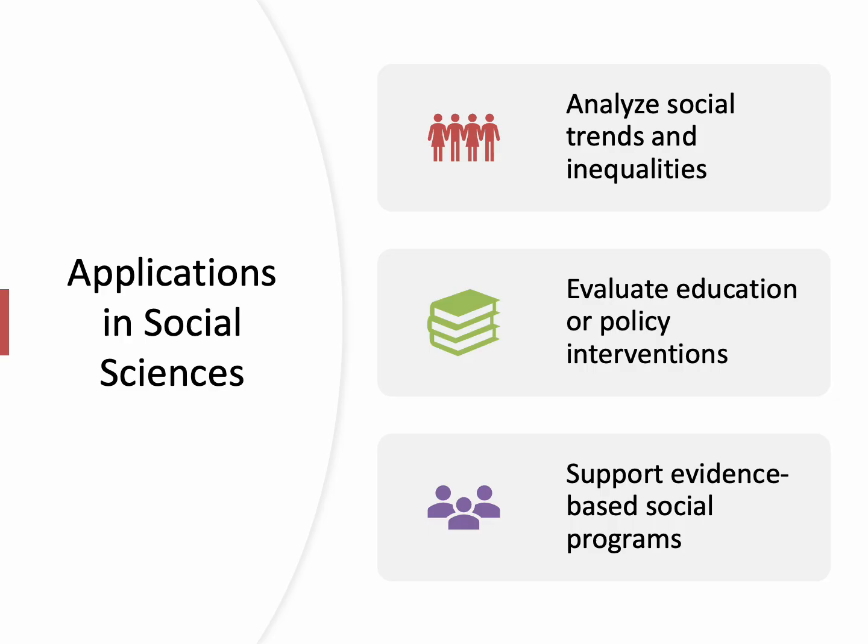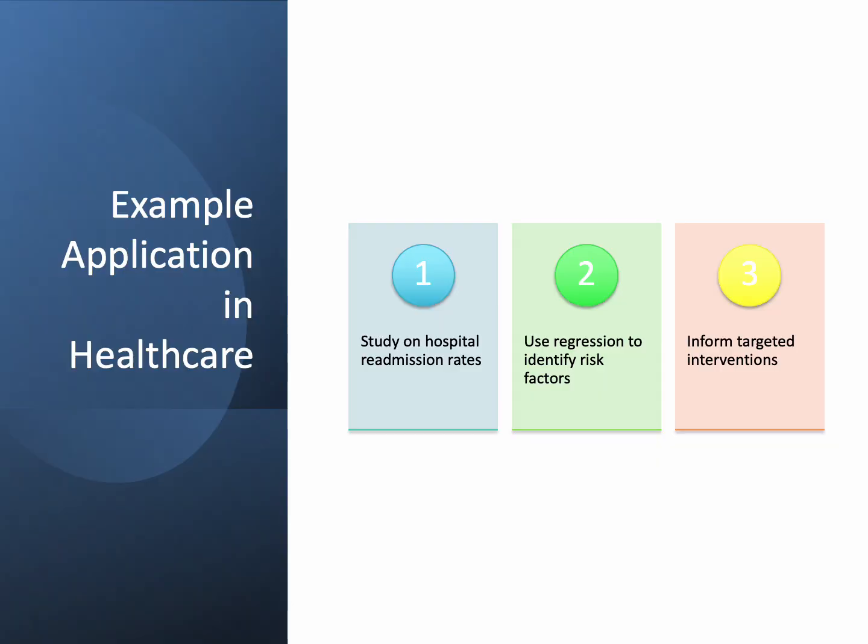Researchers must use robust statistical methods, like regression or ANOVA, to ensure reliable findings that influence policy and practice. For instance, a study might quantify the impact of universal healthcare on social equity, guiding policy reforms. This slide transitions to an example application in healthcare, where we'll explore a specific case study to illustrate quantitative methods in action. Following applications in social sciences, let's explore an example application of quantitative research methods in healthcare management, a